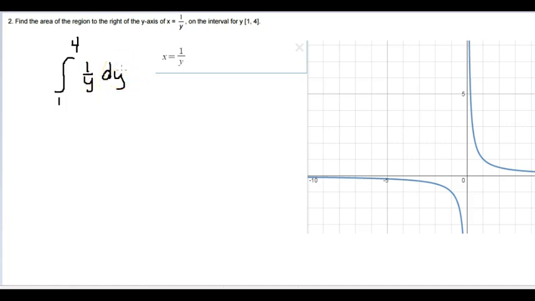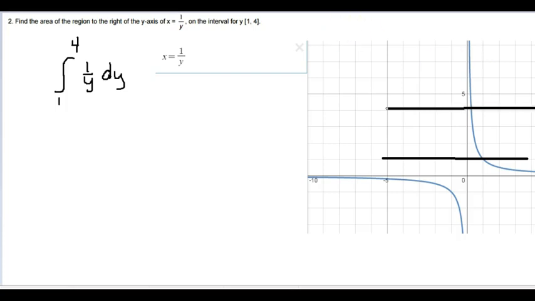So you wouldn't even need this graph. All you need to do is plug in your equation and your lower bound and upper bounds. But the graph is good, I think, because it shows you what we're looking at and shows you what we're finding. And so we're finding the area to the right of the y-axis on this interval from 1 to 4. So I'm going to put the line 1 on here. There's y equals 1. Here's y equals 4,